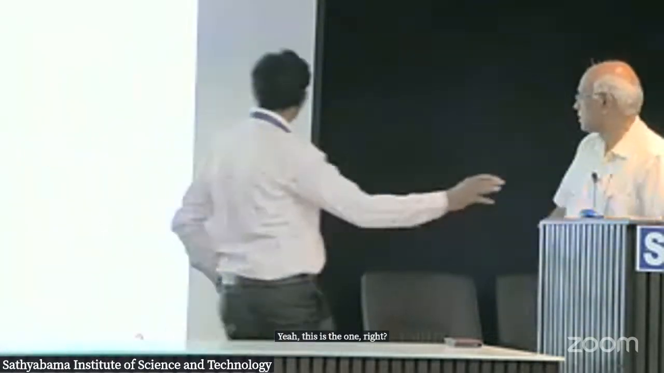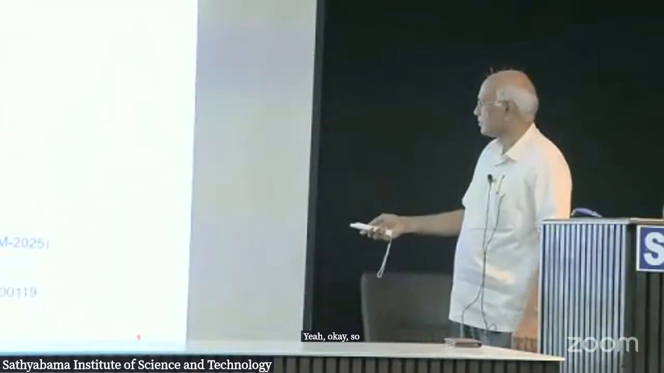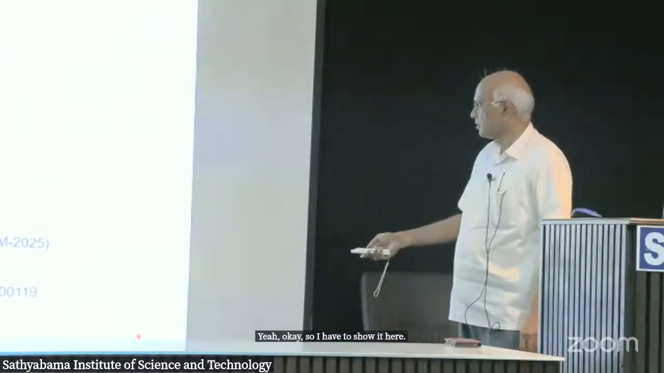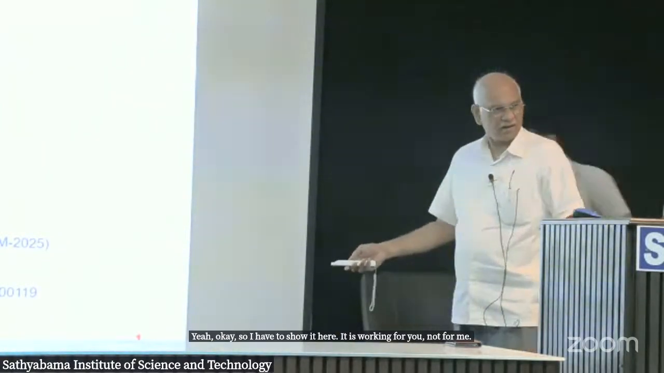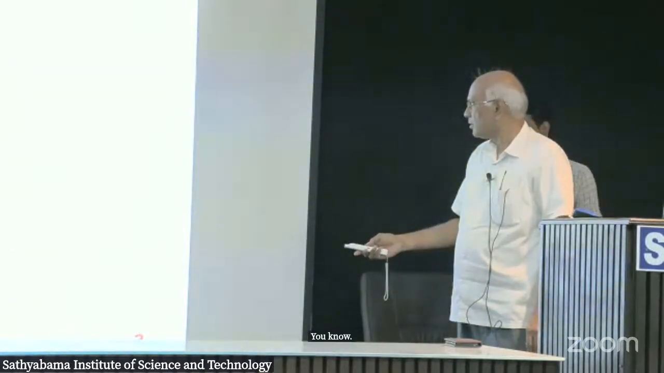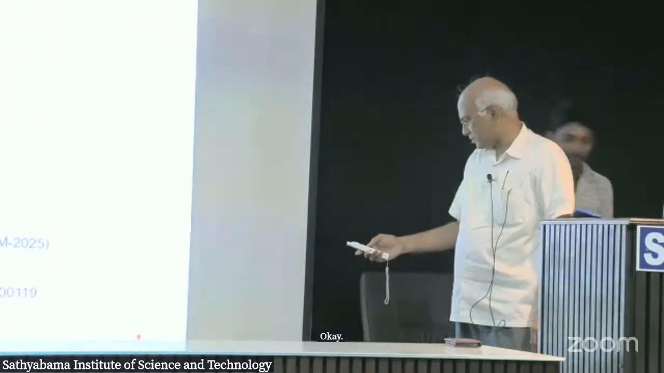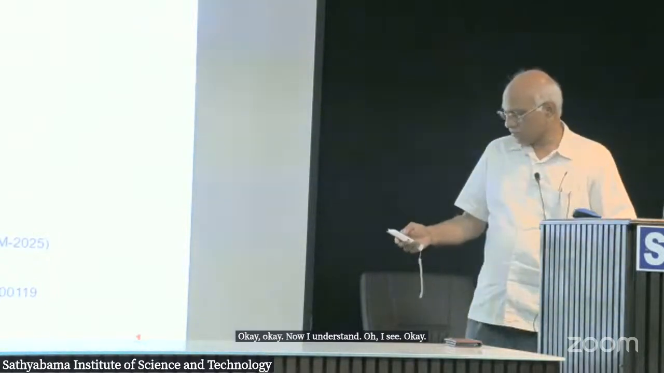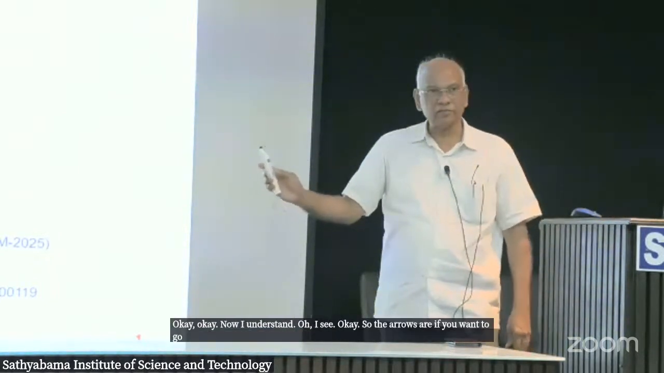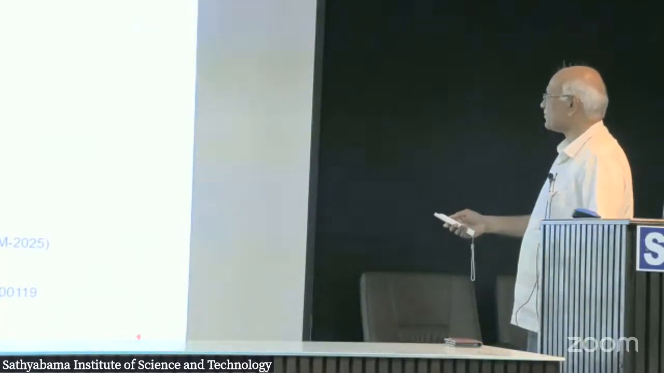Yeah, this is the one, right? You have to show it here, huh? Oh, I see. Okay, okay. All right. Yeah, okay. So I have to show it here. It is working for you, not for me. Oh, okay, okay. Okay, okay. Now I understand. Oh, I see. Okay. So the arrows are, if you want to go forward, you have to press backward here. Interesting. Okay, all right, good. So